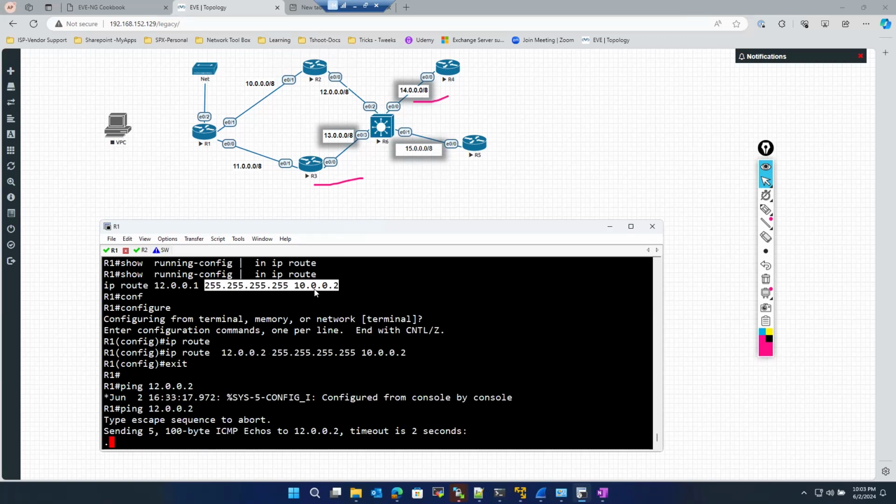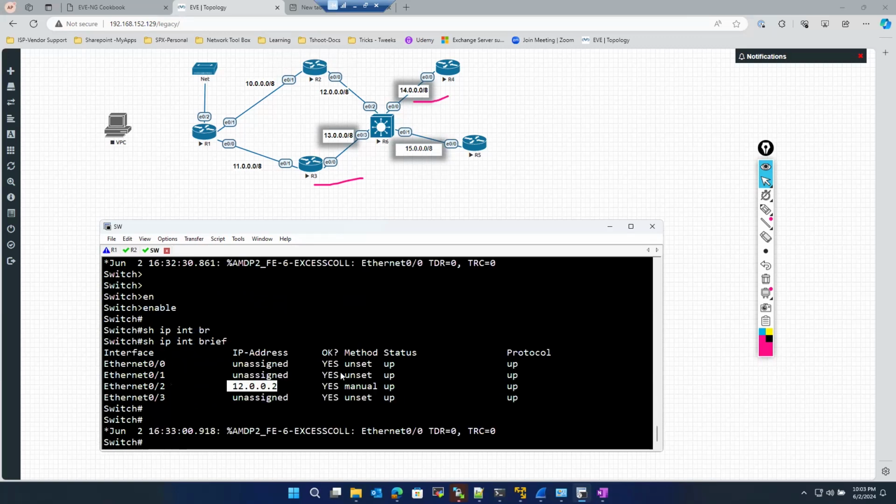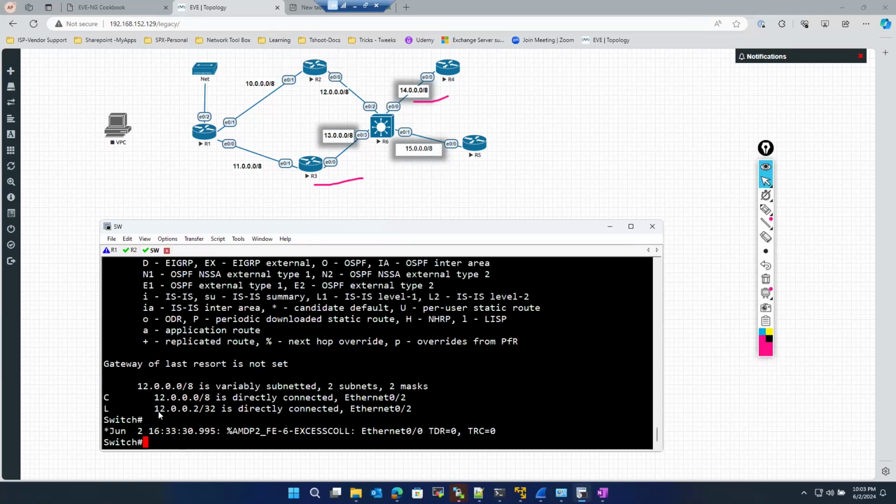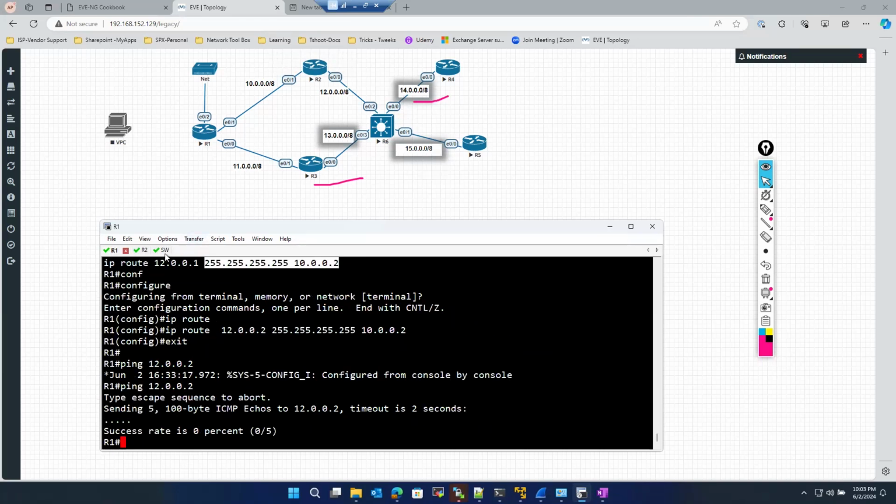Why? Because I don't have a return route here. So if you see show IP route, my routing table, I know 12, but I don't know where the 10 network is. So if I want to reach this guy, the 10 network,